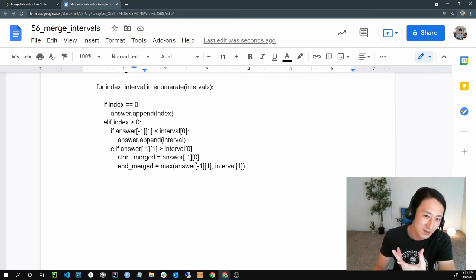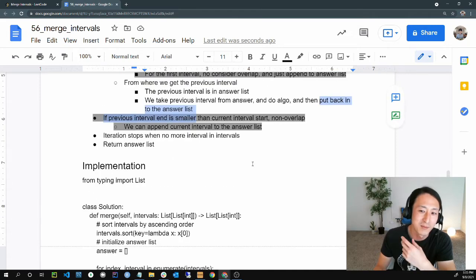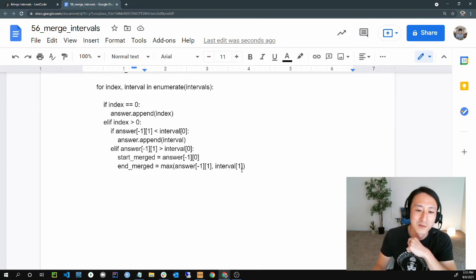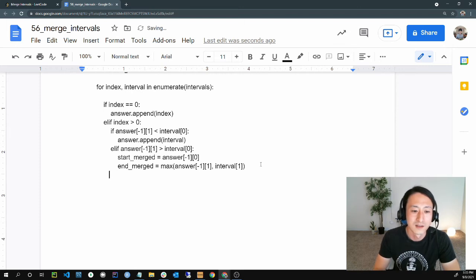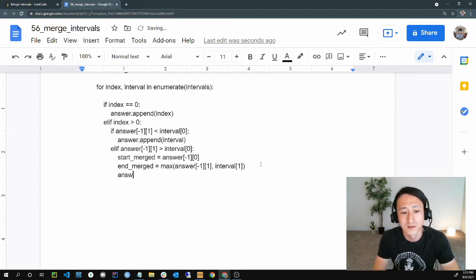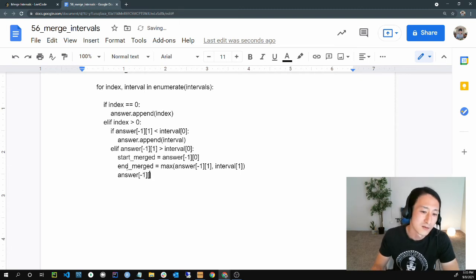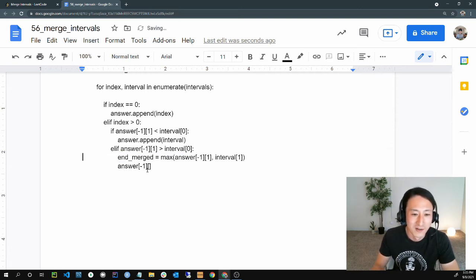Otherwise, we are going to have additional intervals. So we cannot put back in. Because we didn't pop out the thing, we just update the thing. So answer minus one. And actually, we notice the start of the interval, we actually didn't update it, so we don't need this, to be honest. So I can remove it now. And then this,